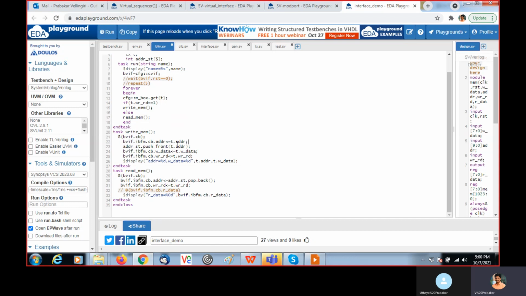The key consists of the address that is mapped, that is assigned to the address which is present inside the interface. So this is the interface handle, this is the modport name, and this is the clocking block name. Inside that we have the address.